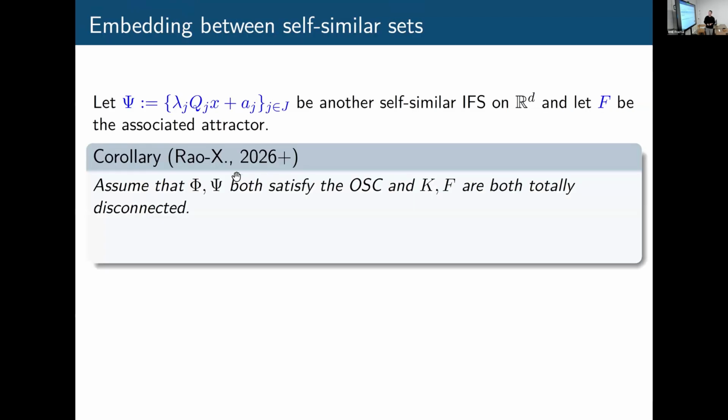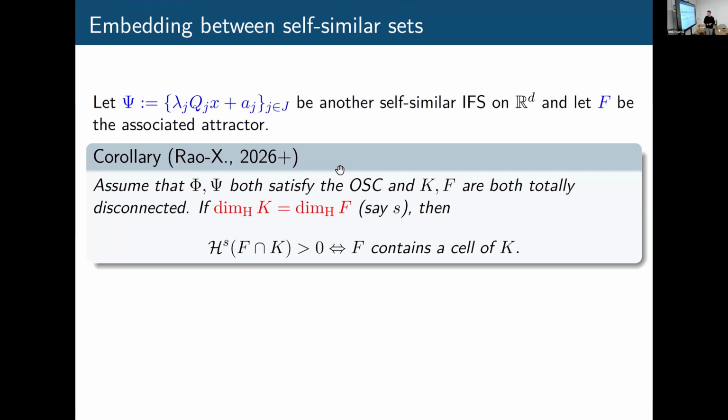A maybe direct corollary of our result is this: assume both of these systems satisfy the open set condition, and again, both of the attractors are totally disconnected. Then if they actually have the same Hausdorff dimension, this very nice statement of Elekes and Máthé still holds in